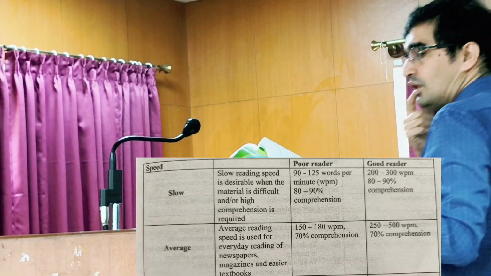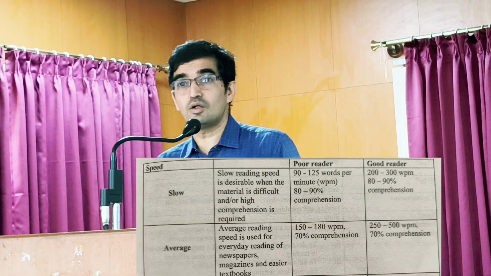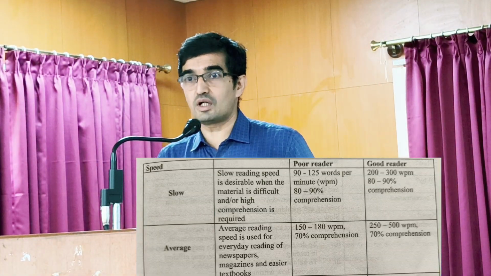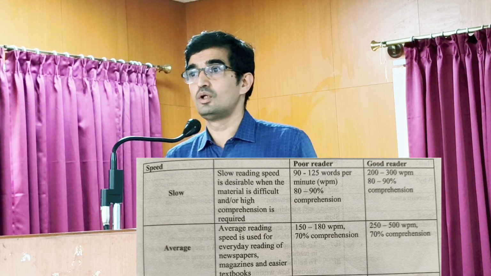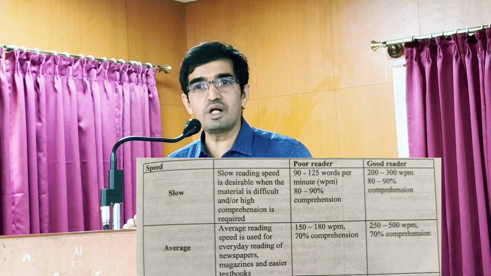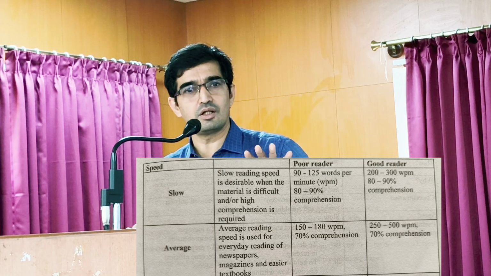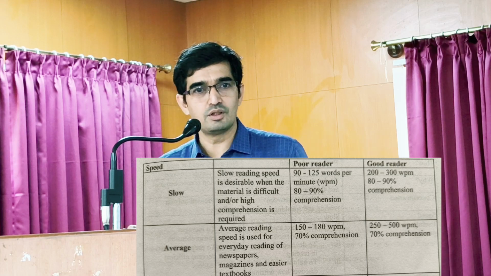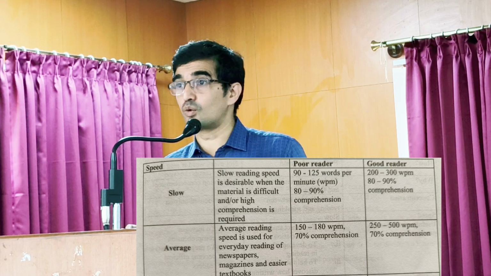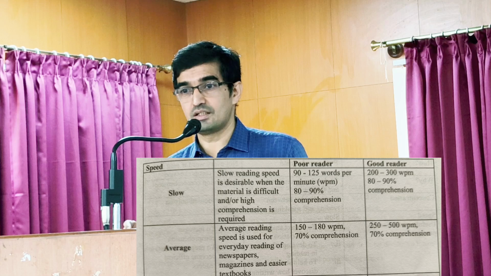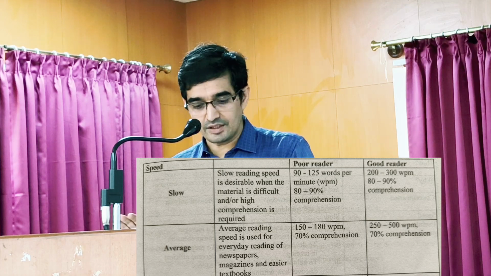So let's look at the next page. There is one page about reading speed. There is a table on page 34. Reading aloud, speed. Poor reader, good reader. Please go through this table. What does a poor reader do? How does he read? Poor readers, do they read slowly or do they read with an average speed? What do you think? They read very slowly. Poor readers, struggling readers. So speed is given. Slow readers,